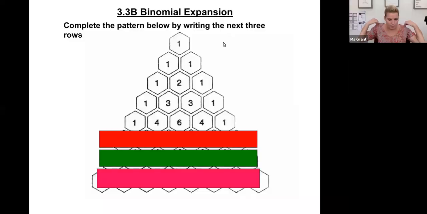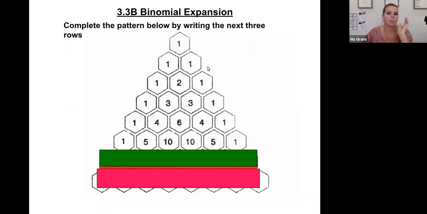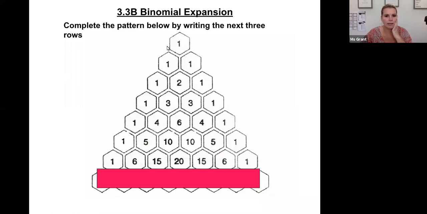So we are talking about Pascal's triangle. We are talking about binomial expansion. And so here we have Pascal's triangle. Now Pascal's triangle, as you can see,